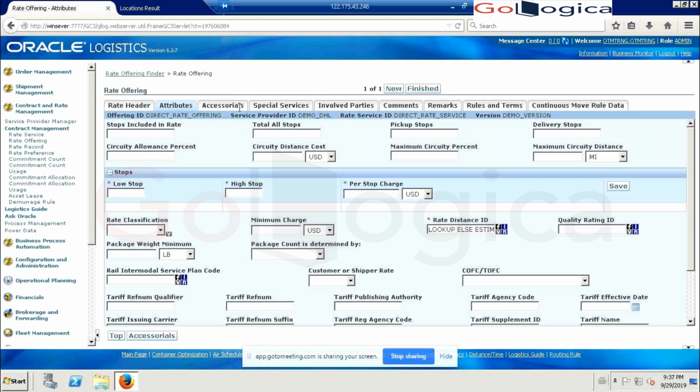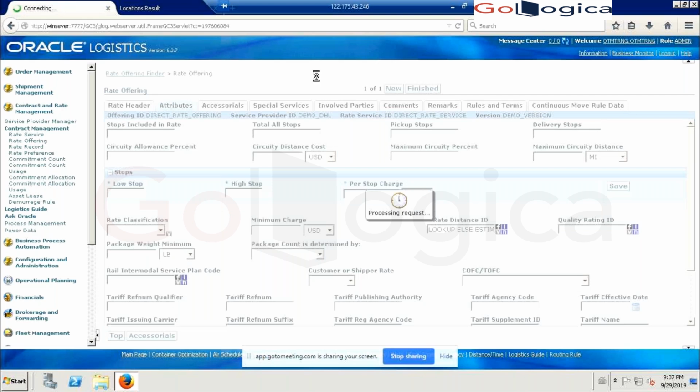And special service, if you are following. Involved parties is for anyone apart from the service provider we define, if anyone else is involved in these rates. The comment section and remarks I told you about; remarks is basically if you have any other remarks against this rate, you can define them.